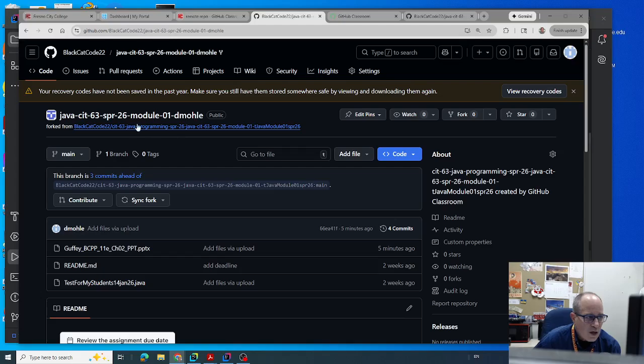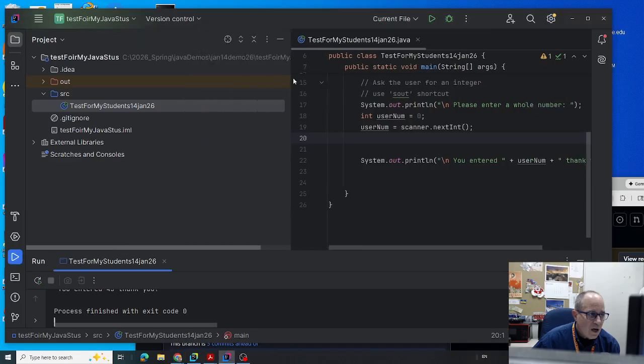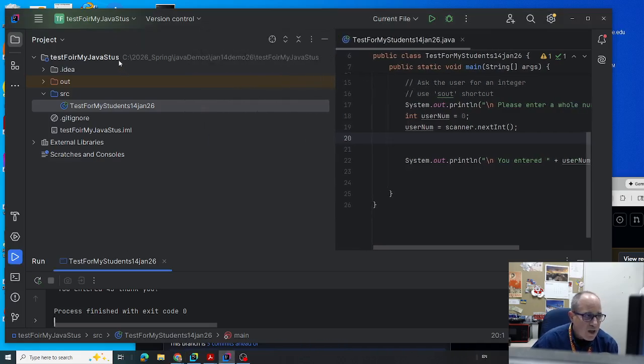You are in your module. You're in your remote repository here. And then the way you add files to this is simply click on Add File. When I upload a file, I am uploading this from my local machine. So again, file management, this should have been covered in CIT 15. I need to look in my IDE, and this is called a path, C://